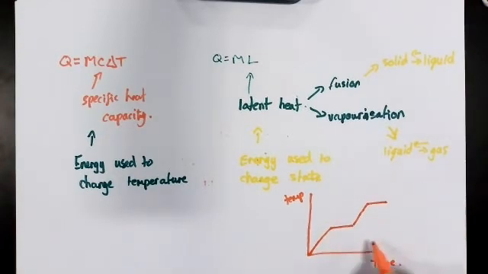Now, actually, this graph could be drawn the other way around as well. There's no reason why it can't be drawn the other way around going down. And I'll explain why that is in a minute. But in the case of this one here,